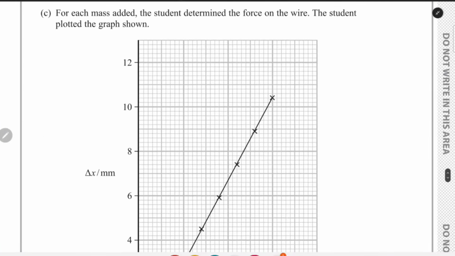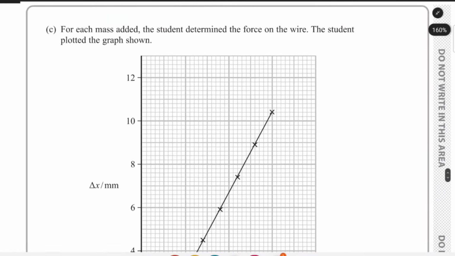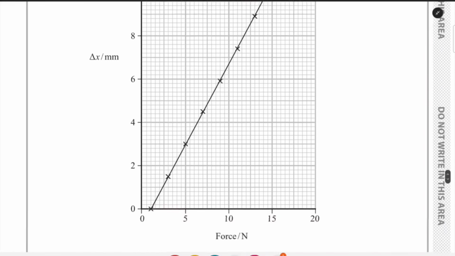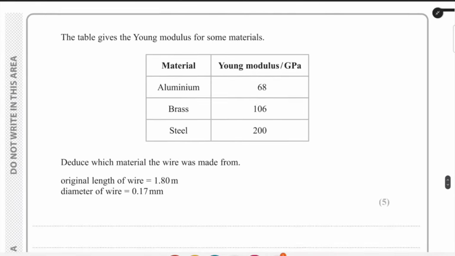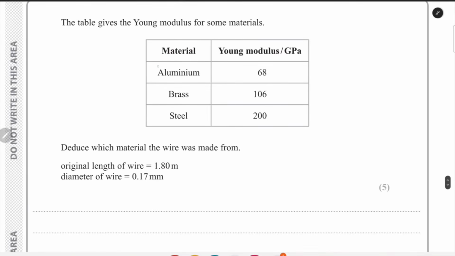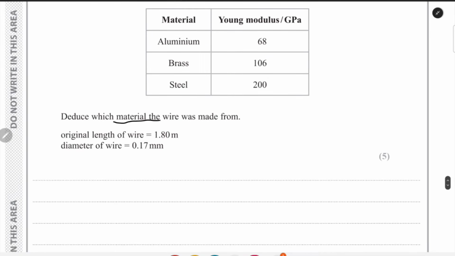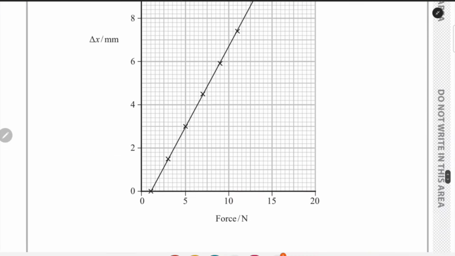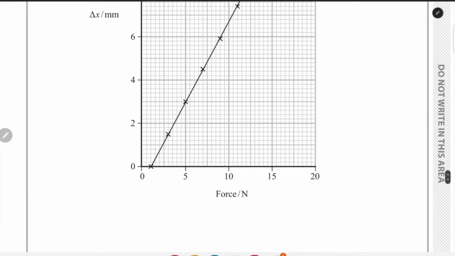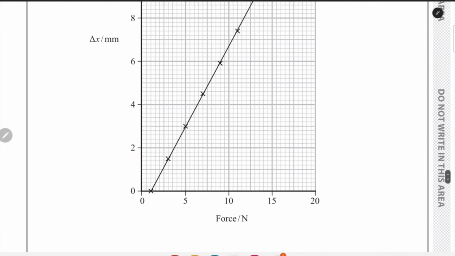Now for part C, for each mass added, the student determined the force on the wire and plotted the graph below. We are given three materials: aluminium, brass and steel, and we have to determine which material the wire was made from. We are given the original length of wire 1.8 meters and diameter of the wire 0.17 millimeters. This is an extension against force graph, so its gradient would give us